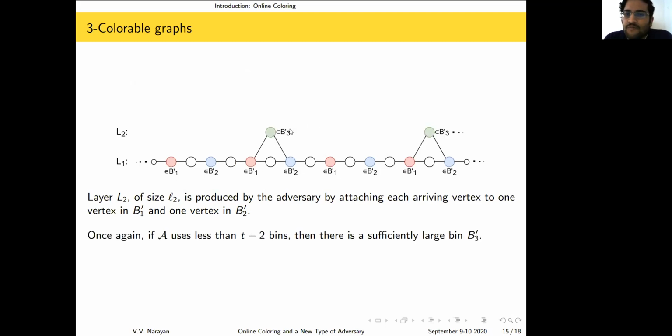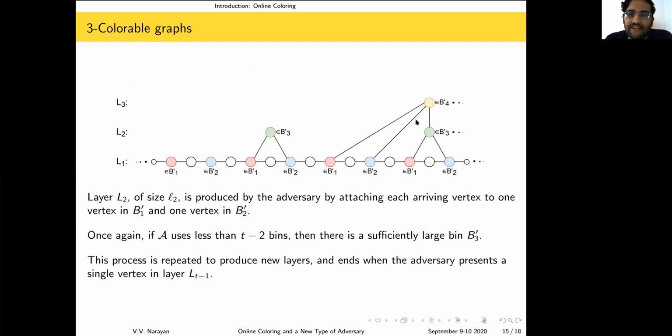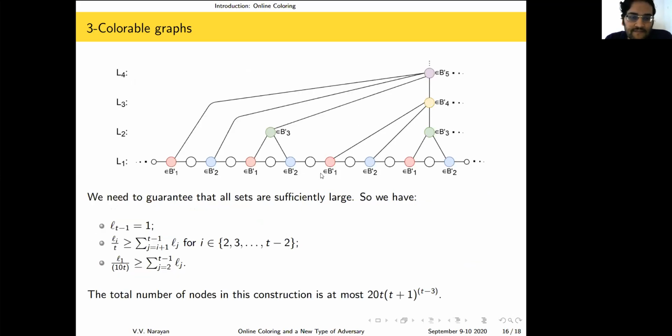Again, either the algorithm uses a bunch of different bins, in which case we're already done, we get T bins, or if the algorithm uses very few bins, then there is a sufficiently large bin B3 prime. You should be noticing a pattern here. This is inspired by arguments from Ramsey theory. And we can just repeat this argument. So we get the bins B3 prime, B4 prime, and so on. So the process terminates